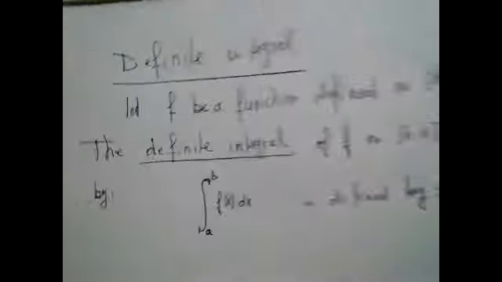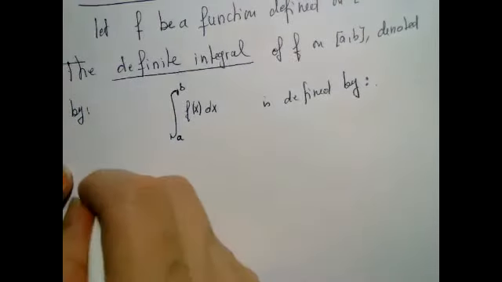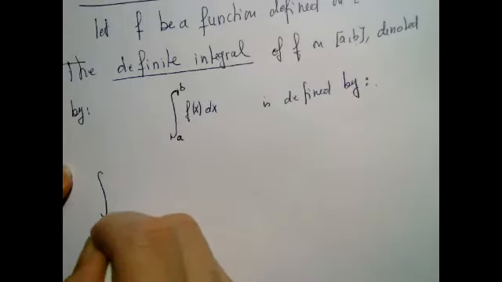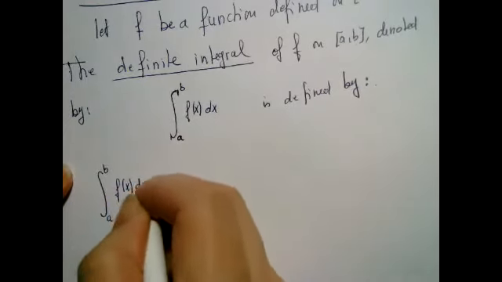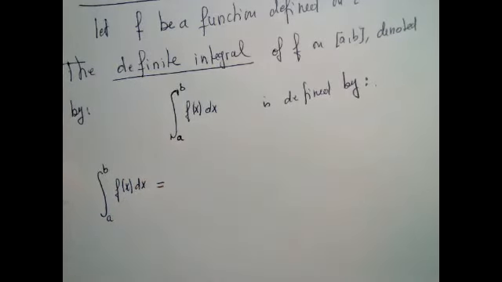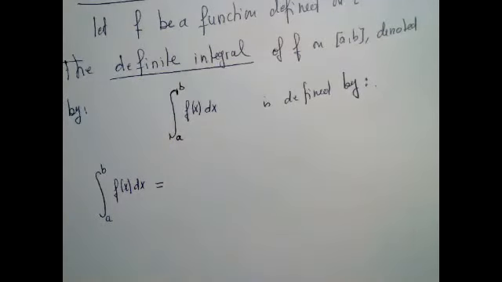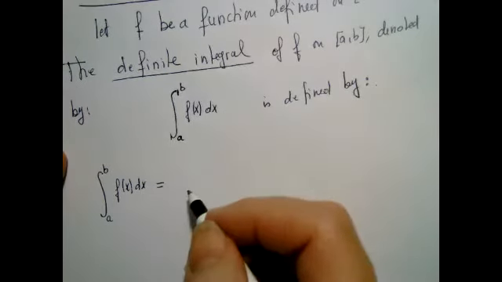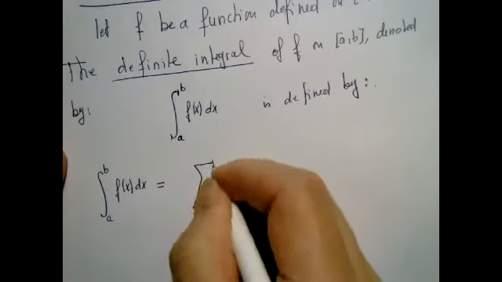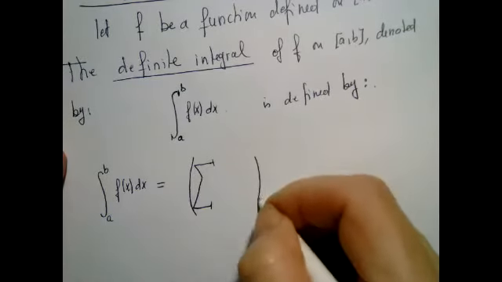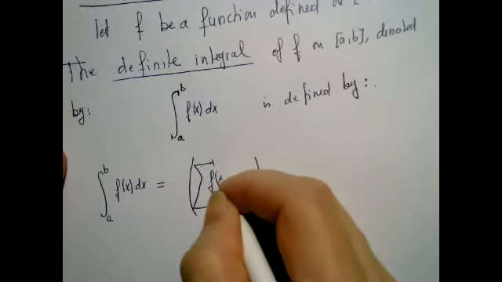Okay, so what is the definition of the definite integral? The definite integral is nothing more than what happened to the left sum or the right sum or the midpoint sum when the number of subdivisions goes to infinity, becomes very large. So that's exactly what I'm going to write. It's the left sum, f of xi delta x,